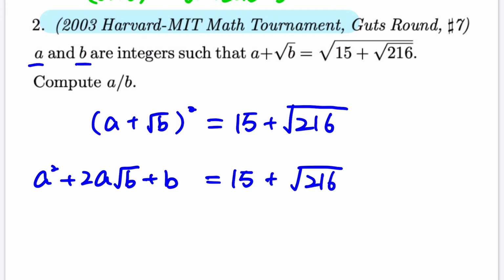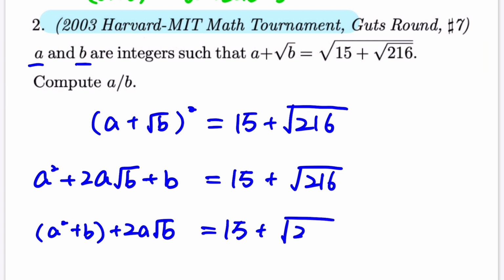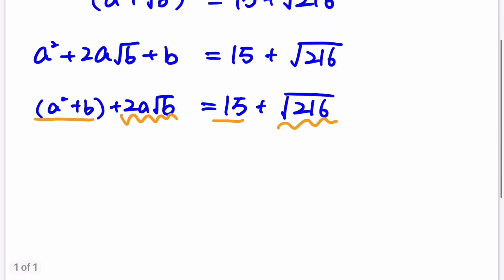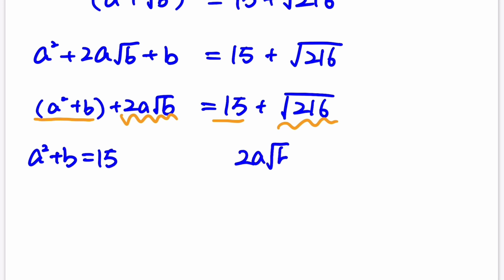Given that a and b are both integers, then a squared is also an integer. Then a squared plus b is also an integer. Then obviously in this equation, a squared plus b corresponds to the integer part, and then 2a square root of b corresponds to the square root part. Then we have two separate equations. a squared plus b is equal to 15, and 2a square root of b is equal to square root of